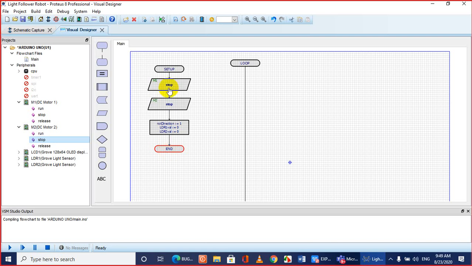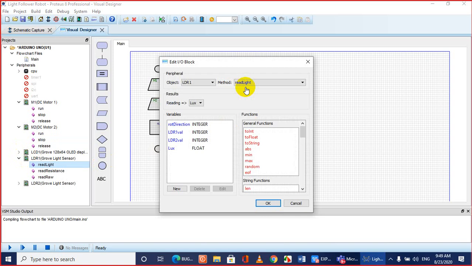In the loop part, first we read the sensor value. So how do we read? Look over there, the LDR block, read light. Drag and drop the read light option, double click. It will read the value, and we will save the value in the variable.